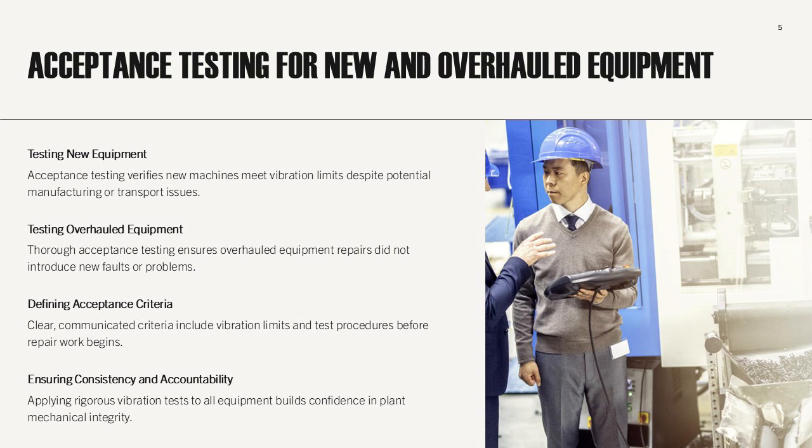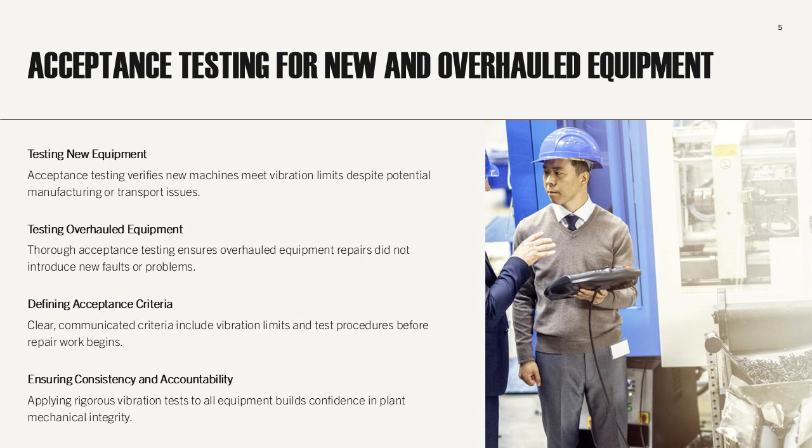Repair processes such as rotor balancing, bearing replacement, shaft repairs, and motor rewinding can introduce new faults if not executed correctly. Acceptance testing ensures that the repair work has successfully corrected the original problem and has not introduced additional issues. In many cases, repaired machines are returned to service without thorough verification, leading to repeated failures and disputes between plant